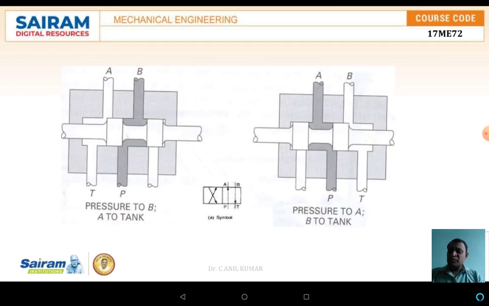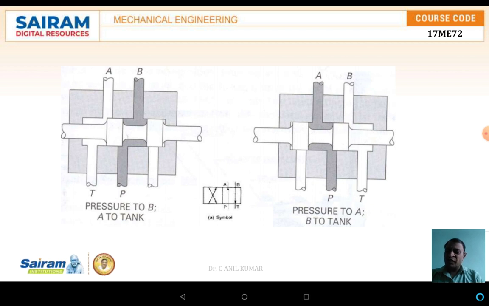The schematic diagram shows the 4 by 2 spool valve. See, here in this case, the horizontal member, which is something like a stepped shaft, is called the spool. The spool movement is actuated either manually, or mechanically by means of a lever, or by means of a solenoid. As the spool starts moving from left to right, the port T to A is under